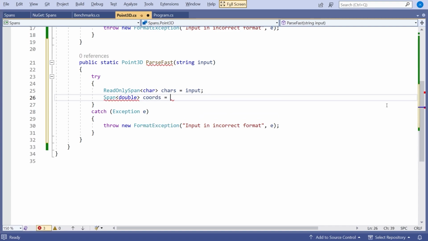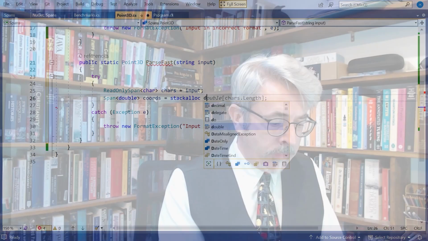And I'm going to say that equals, and this one we're going to stack alloc, and it's pretty simple. It's going to have 3 elements. But something to watch out for with stack alloc is it doesn't guarantee that elements will be initialized to their default value or anything like that.